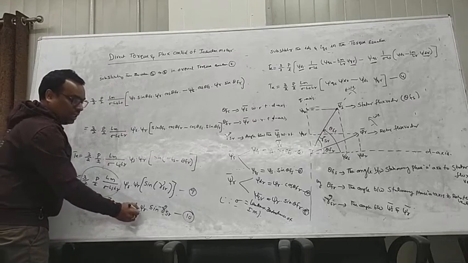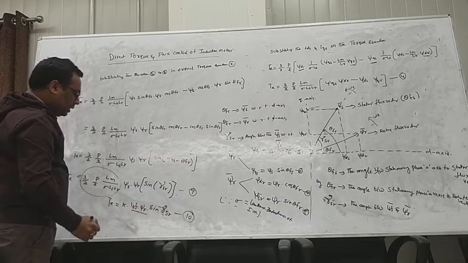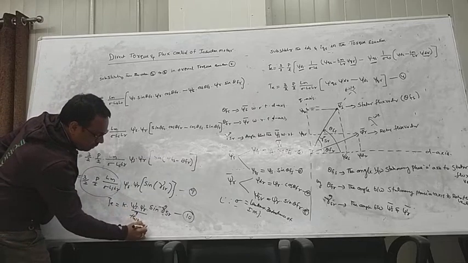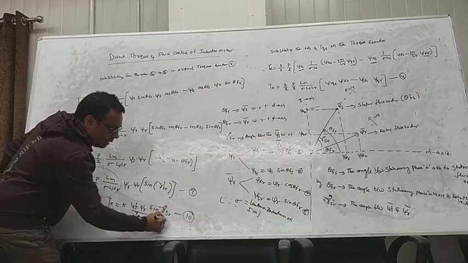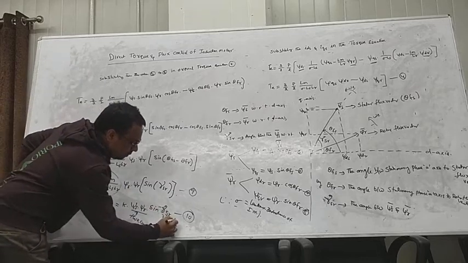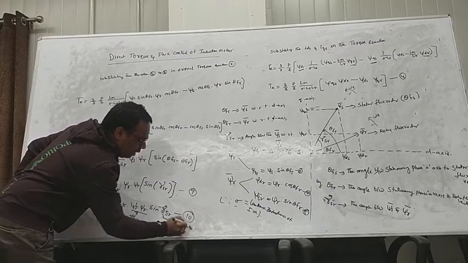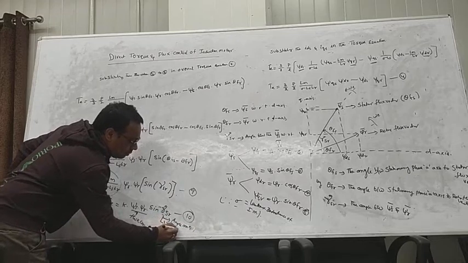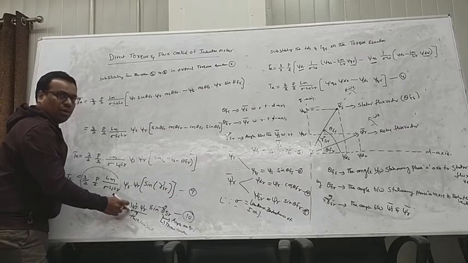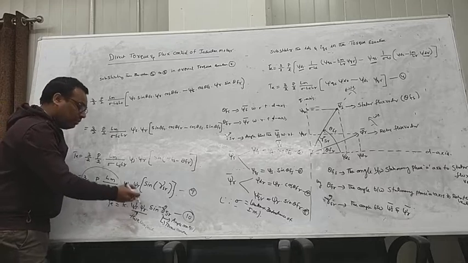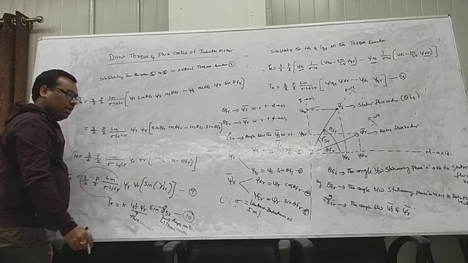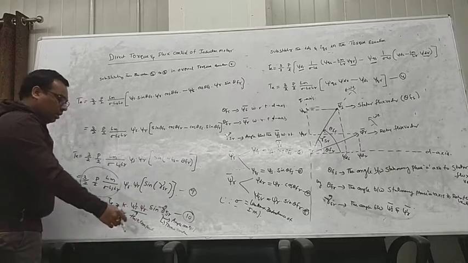This psi s and psi r are the flux components, so psi s and psi r are the flux control. And gamma Sr is the angle control, or torque component. If you control psi s and psi r, the flux will be controlled, so that's why it's a flux control. If you control the angle gamma Sr, that is angle control or torque control of the induction motor.